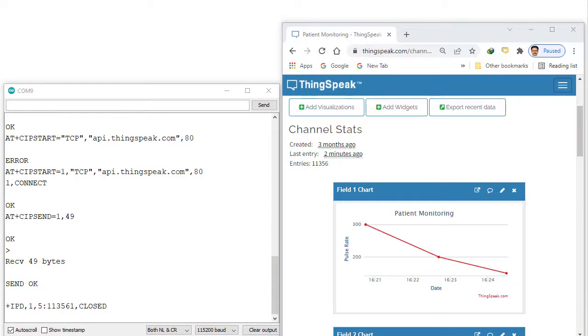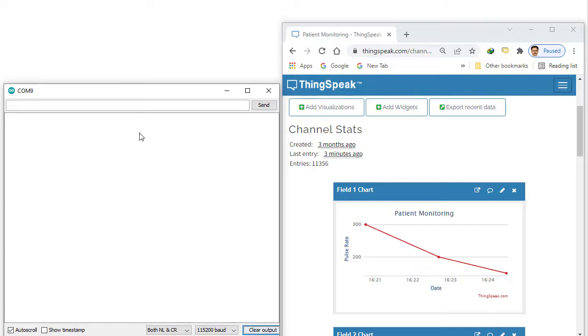Next I am showing how to get the data from any server to the client. In this case the server is thingspeak.com and the client is ESP8266. I am showing both the multi-channel and the single channel configuration. For single channel configuration, AT+CIPMUX=0. Next, connecting with the server, AT+CIPSTART. In this case, as a single connection, the link ID is not required. Connect. Next, what will be the data here? The data is the GET request to get the last data from the